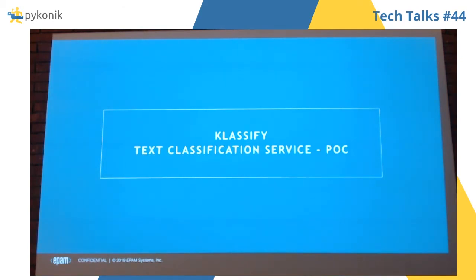I also have a proof of concept that maybe you would like to look at after today or after the presentation. I have implemented a text classification service.